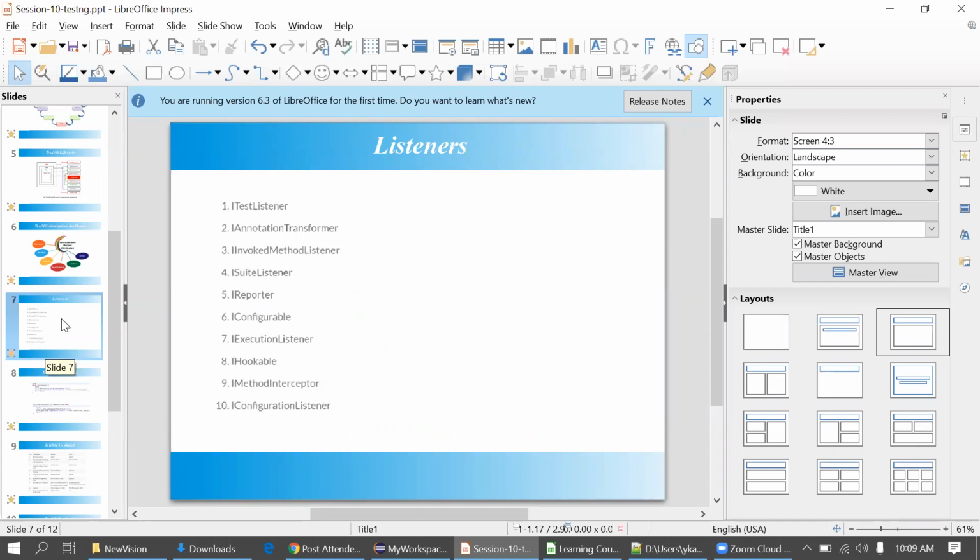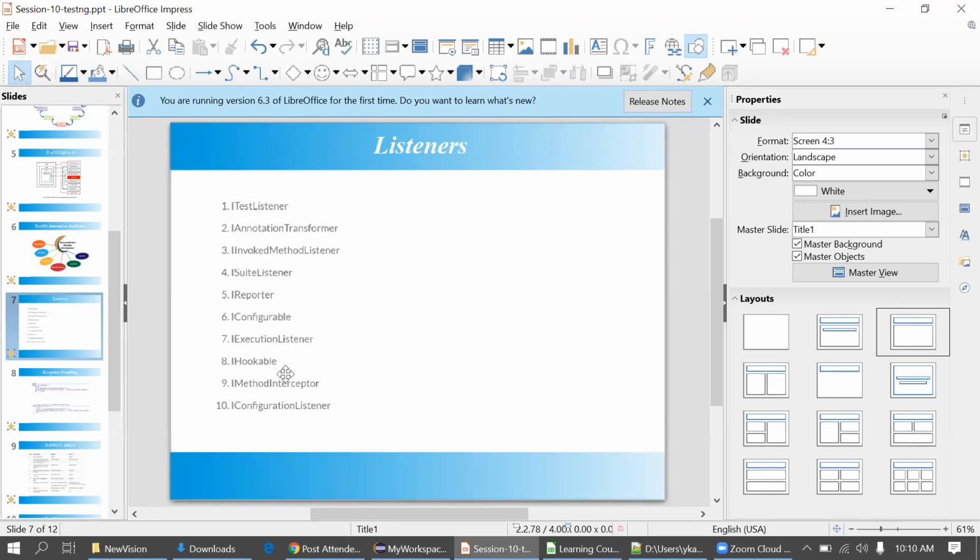Okay, so there is one more listener which is not listed here, and that is IRetryAnalyzer. If you use that listener, and our test case is failing once, we can retry the test case until it passes or up to a maximum count. Suppose we give the maximum count 3, so it will execute thrice if it is failing. Otherwise, if it passes in the first attempt, then it will not execute the remaining 2 times. Okay, so this is a special interface.